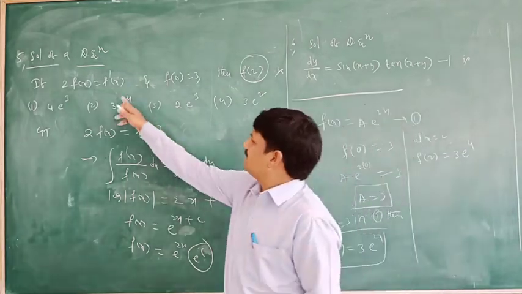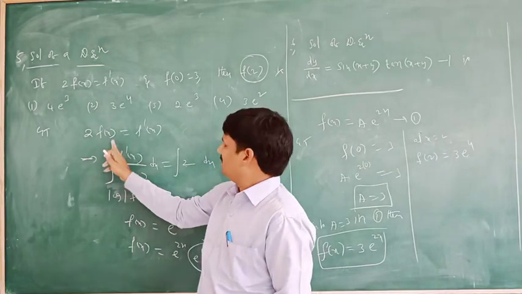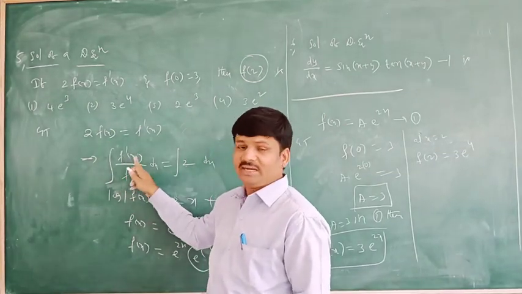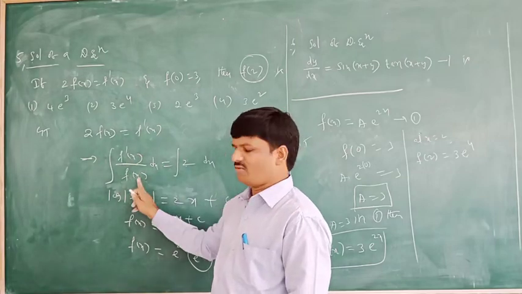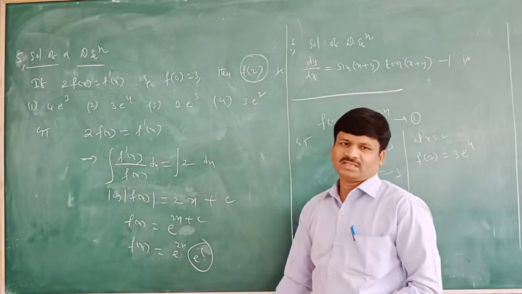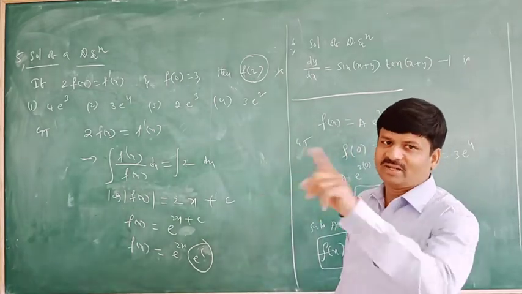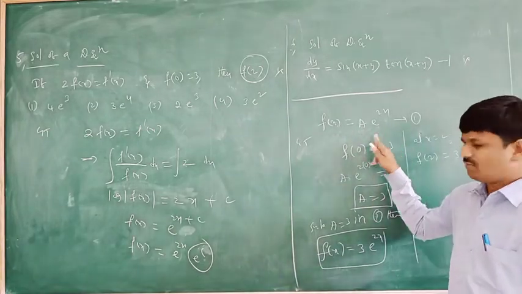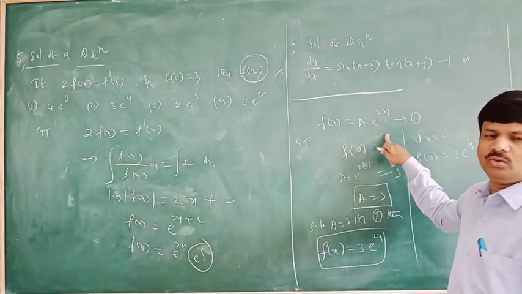So you have to take the given equation and transform it like this. I observed that if you do integration on both sides, f dash of f of x form is there. Then I got f of x. f of x means a function, and a function means the solution of some differential equation. Which type of solution did I get here? The general solution. After simplification I got it like this. It is a general solution.